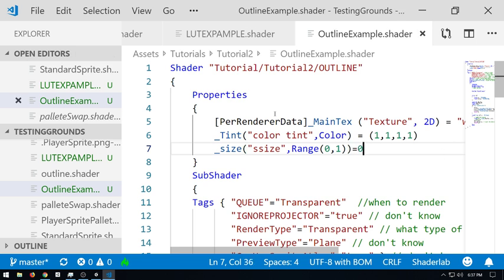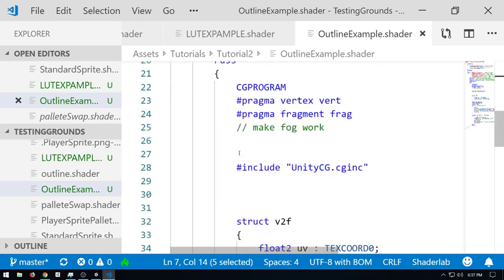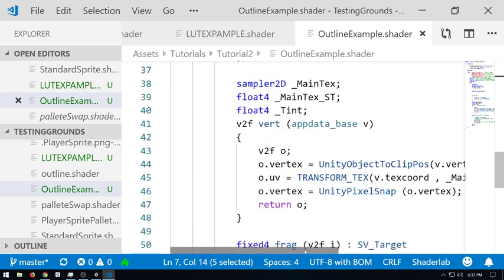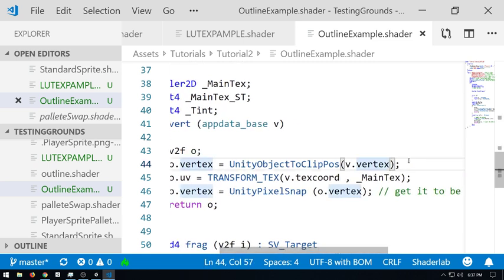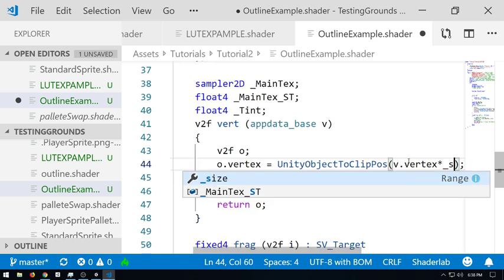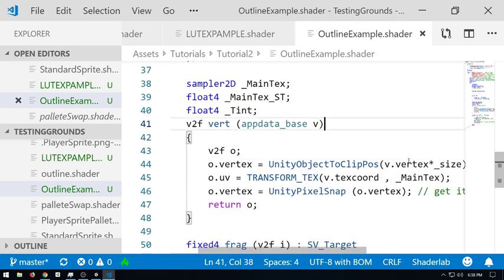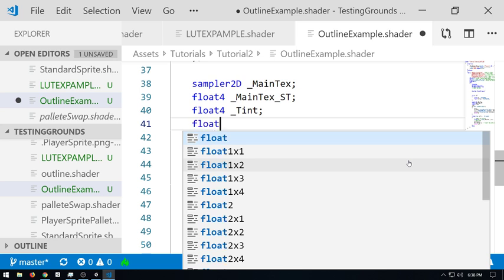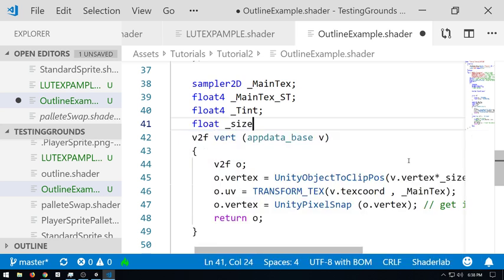Just set it at that. And then let's do the 2-pass way, which is the growing the verts way. So first things first, let's grow the verts. So let's say vertex times underscore size. I need to declare size, so float underscore size.